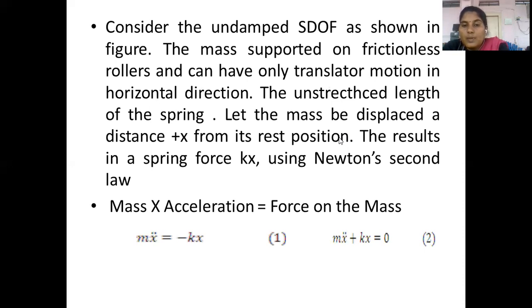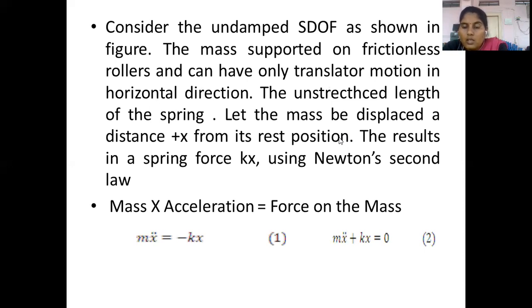Let the mass be displaced at a distance of x from its rest position. Full stop. This results in a spring force kx,